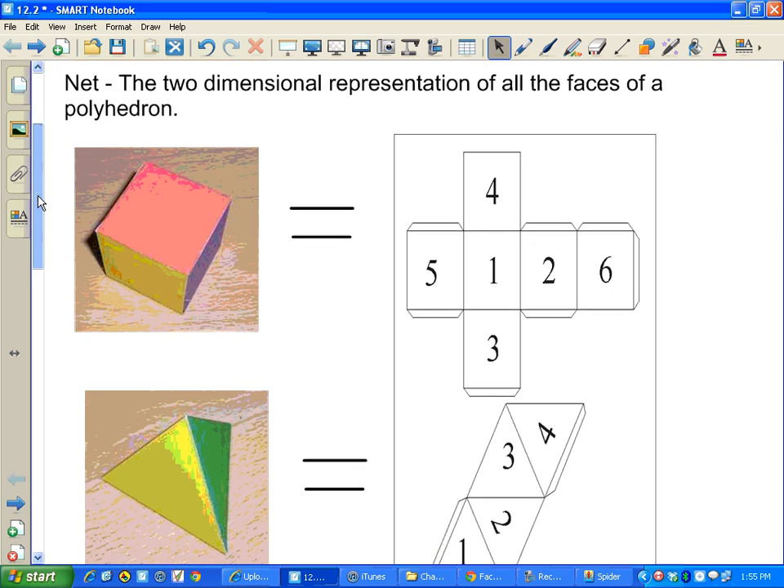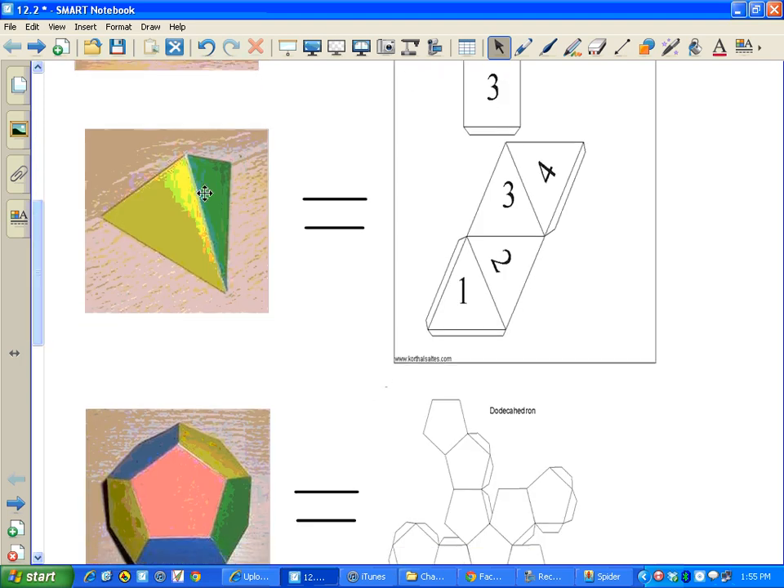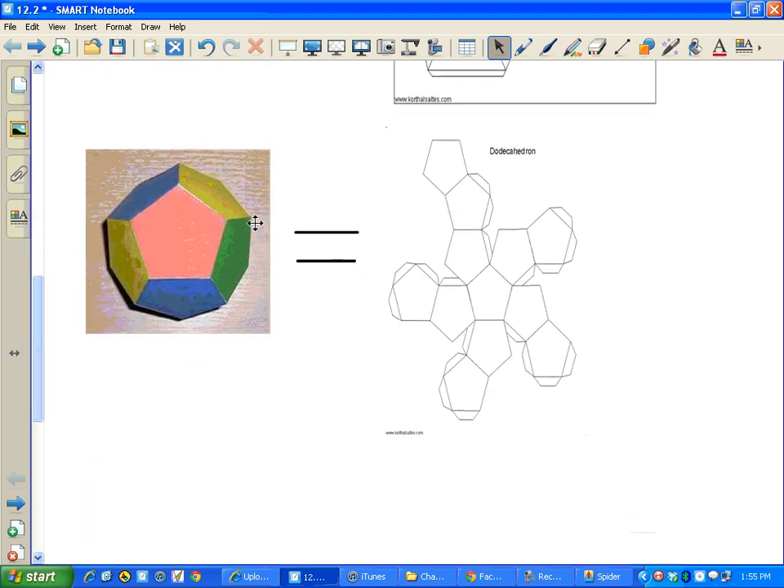A Platonic solid is a three-dimensional polyhedron that's made up of all the exact same regular polygon. So a cube is a Platonic solid because it's made up of all identical squares. Okay, this one is also a Platonic solid because it's made up of identical triangles. It's only triangles and they're all the same. And the dodecahedron is made up of the exact same pentagons all connected together, and this would be the net